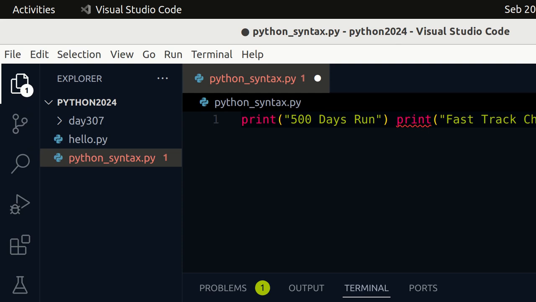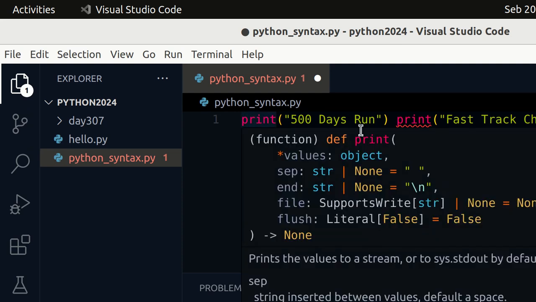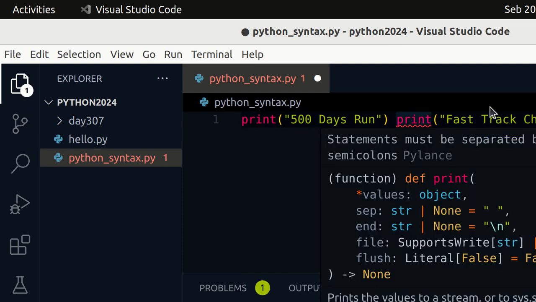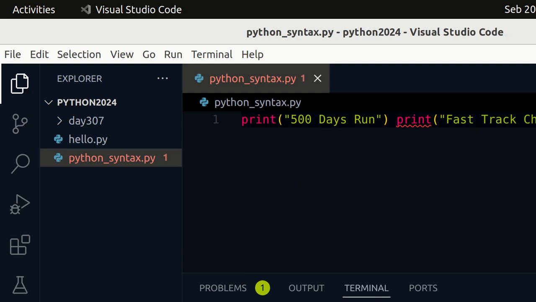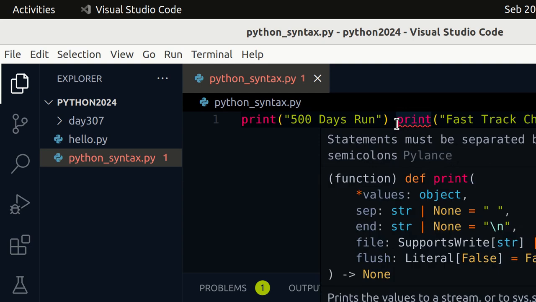If I enter, it is able to print the first line of code. However, this one is not printed. If I use the button here to run, that is where I'm now going to get the error saying that it is a syntax error, invalid syntax. So what we are trying to write here is not a valid syntax in Python.